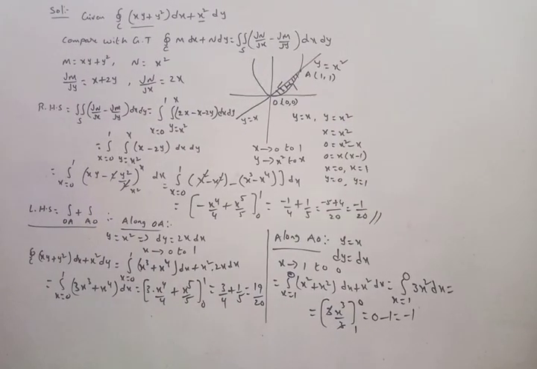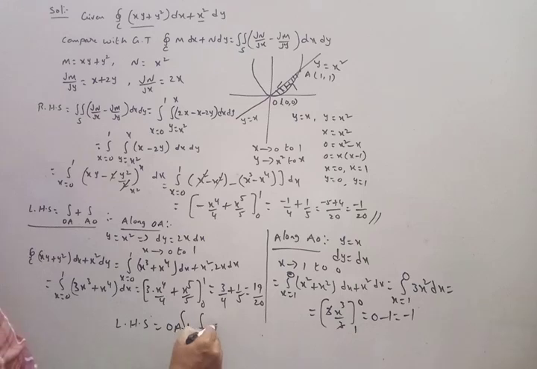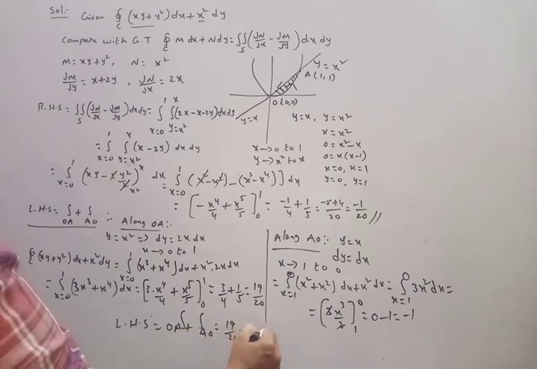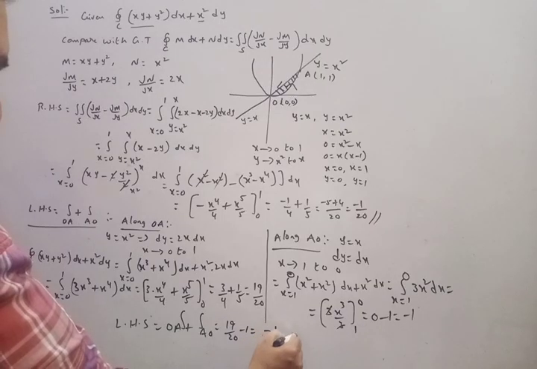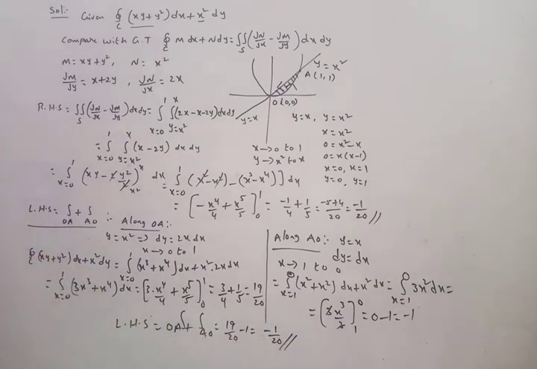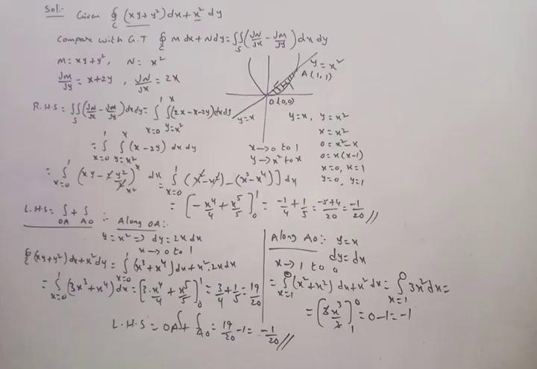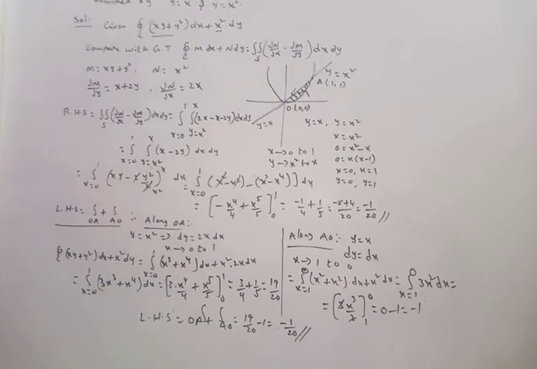So therefore at the end what we have to do? We have to add. LHS is equal to integral OA plus integral AO. That means 19 by 20 minus 1 will give you 19 minus 20, minus 1 by 20. So Green's theorem is verified. You have to write that Green's theorem is verified. Understand here? Very important problem and very simple problem also. Whenever he asks you